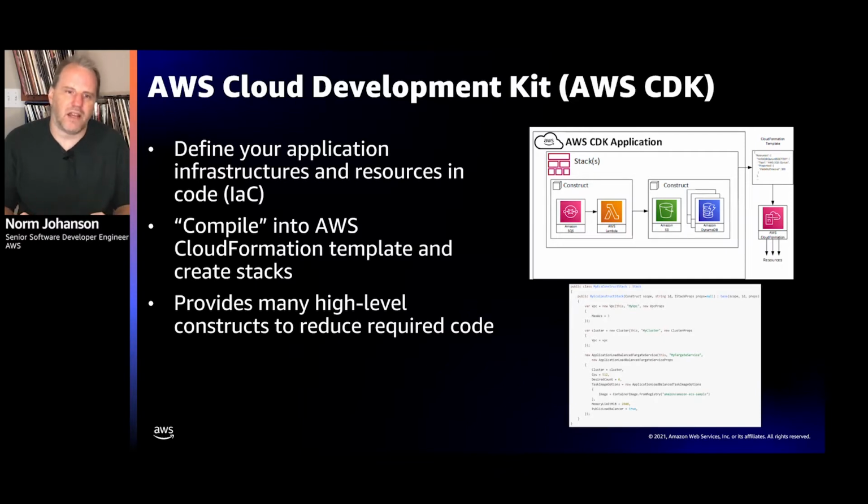And now that we're writing our infrastructure as code, we as developers can use all of the tricks that we know as developers to write reusable components. In CDK world, they call those components constructs. And the CDK team has already created a lot of these reusable constructs for us to use. So we can do within a few lines of code what would normally take a lot of JSON or YAML if you were writing just the CloudFormation template.